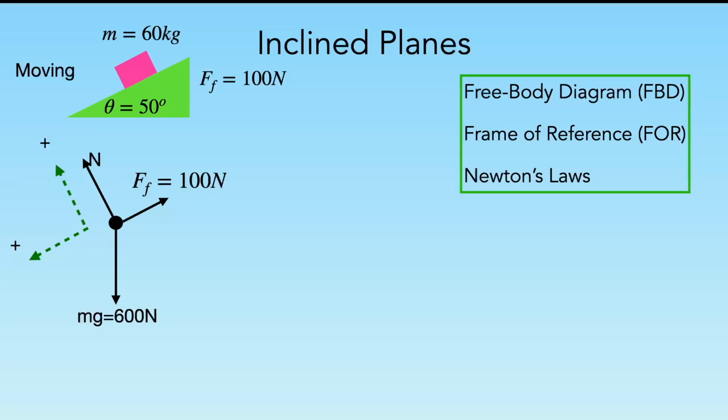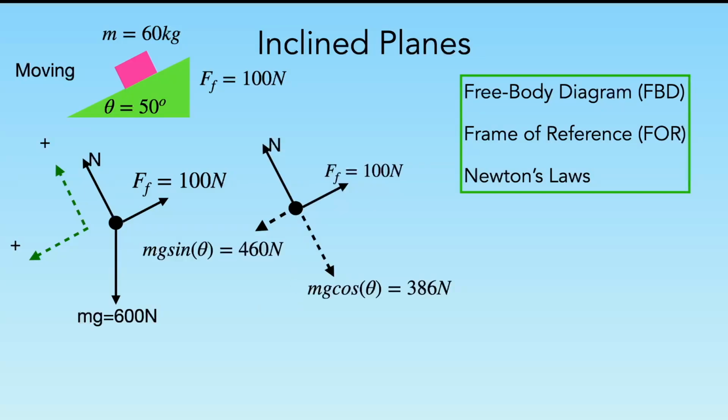So we've got to break up mg. How do we break it up? Well, the part of mg down the ramp is mg sine theta. The part into the ramp is mg cosine theta. So we get that. It needs to be that fast. You really need to be able to do this very quickly. If you're stopping and thinking about all this stuff,